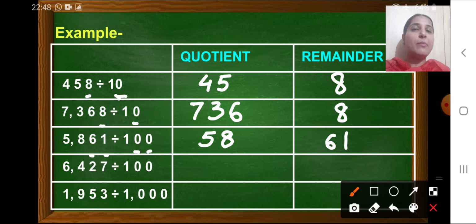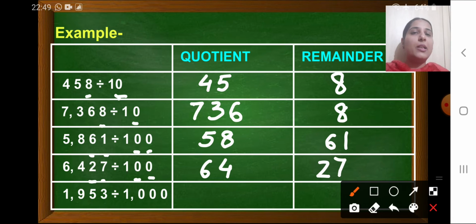6427 divided by 100. Now again, see how many zeros are there? 1, 2. So we will start from the ones and tens. It means 27 is the remainder, whereas the quotient is 64. Simple. Now in the next example,